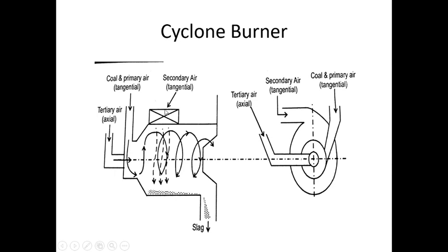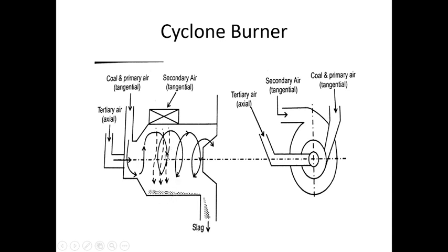Okay, and at that time itself a secondary air is supplied, and tertiary air will help to control and maintain the turbulence throughout the system till the end. So that will help in that way. But secondary air will contribute to create turbulence, to increase the combustion rate, and also it will direct that ash towards the slag.